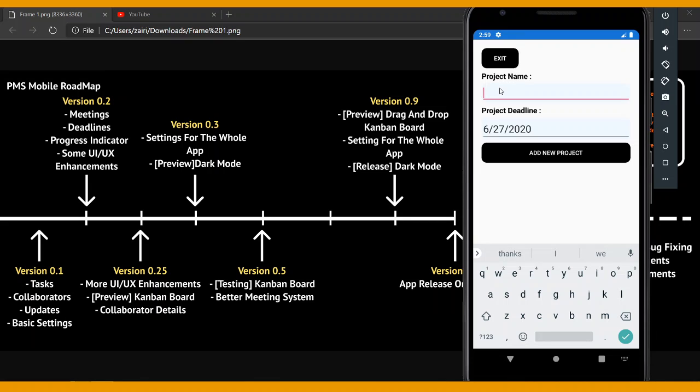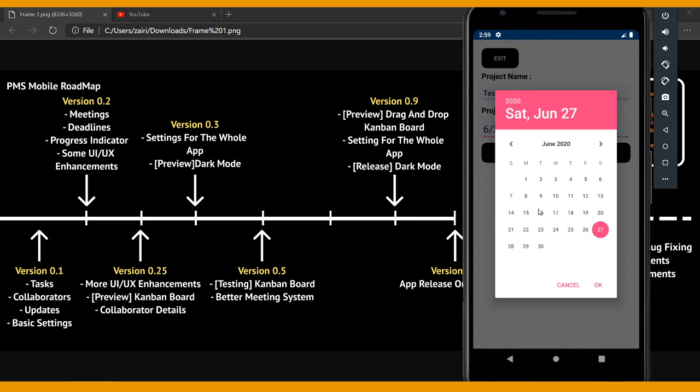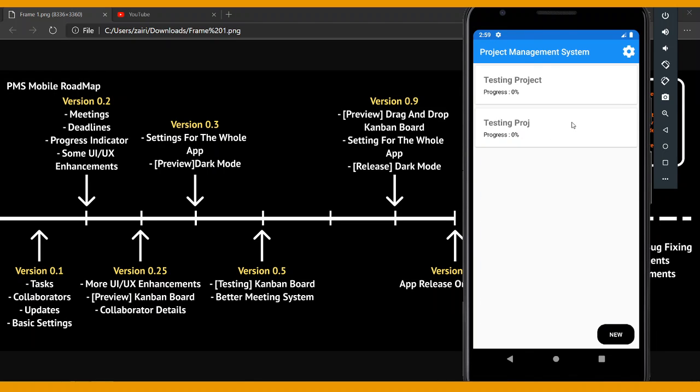The old one looks very ugly. Let's say we add a testing project. We put a deadline. So this deadline doesn't affect anything right now, but I'm going to eventually make it do something, like maybe a notification 7 days before the deadline or 3 days or something. Let's add this project, and